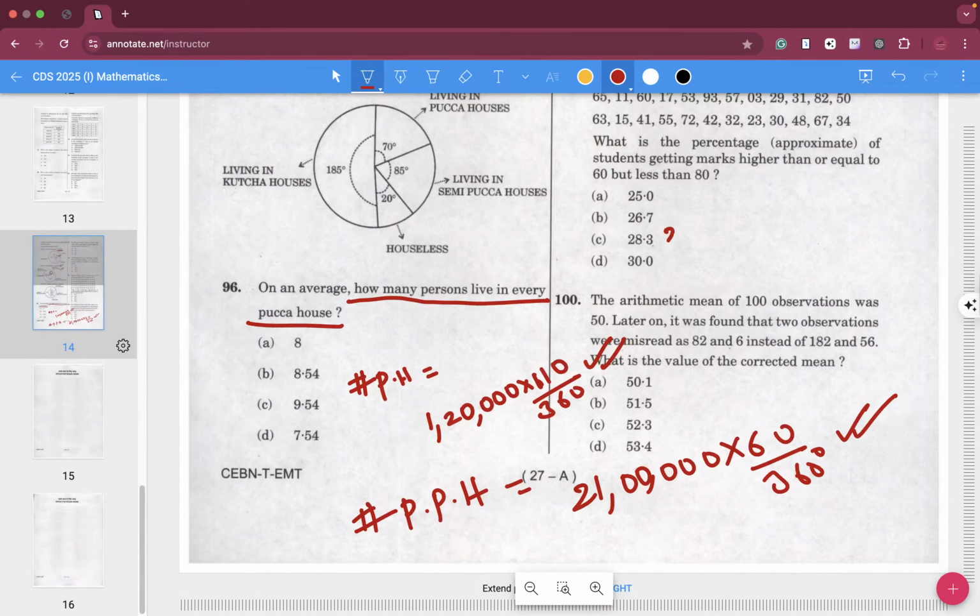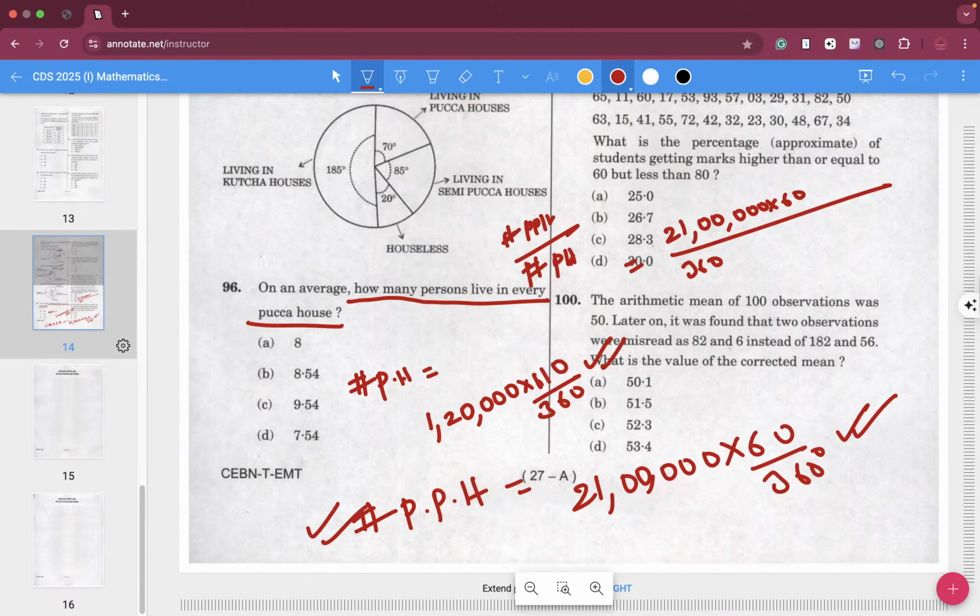So let's just do it. 21,00,000 into 60 divided by 360. So we have this particular value. PPH, population in pakka houses, divided by PH, the number of pakka houses, into